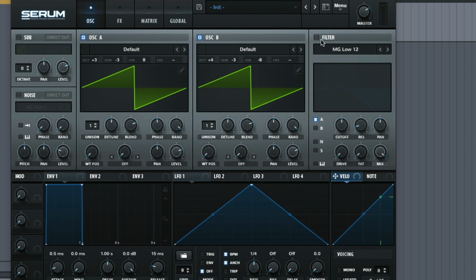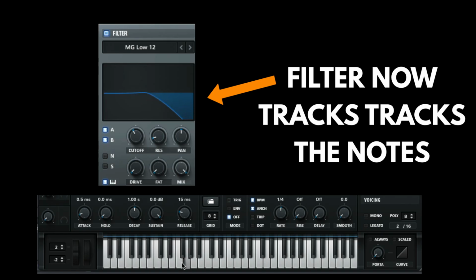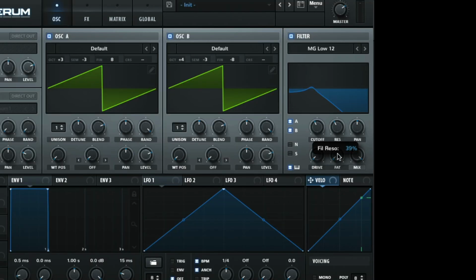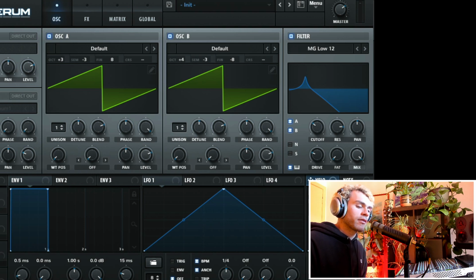So now what I'm going to do is put the filter on, and I'm actually going to put the filter key tracking on, and that means that the filter is going to move as I play the notes. So now the fun part, I'm going to put the resonance up and I'm going to find and resonate on an A harmonic. So I'm going to try and find firstly this harmonic that I want. Let's just bump it up even more. That sounds like an A to me. So now we're essentially playing the filter. For example, if I play up a scale,